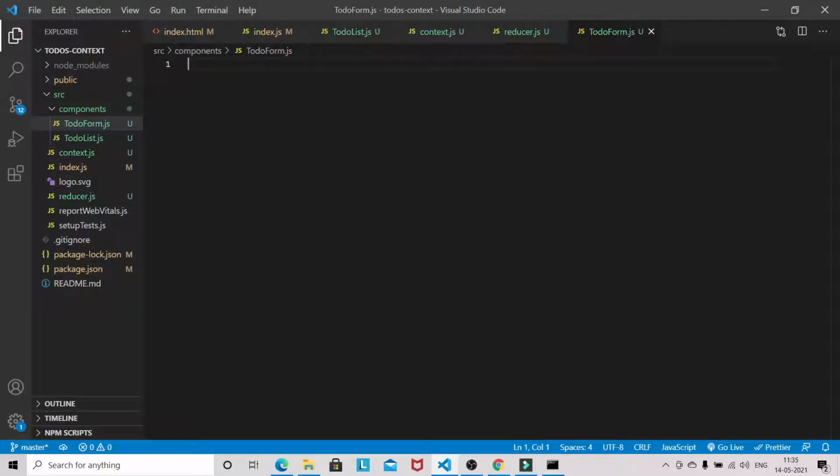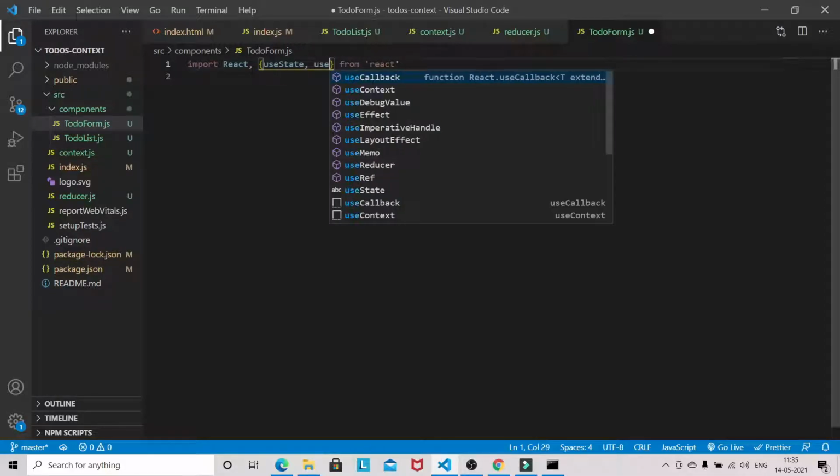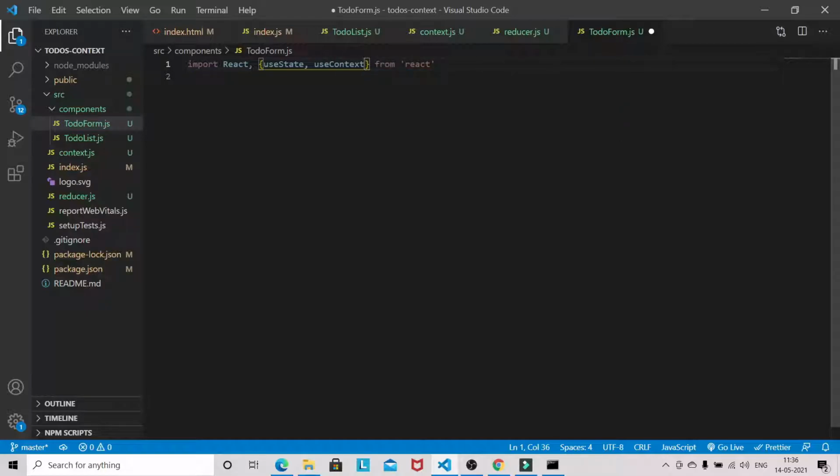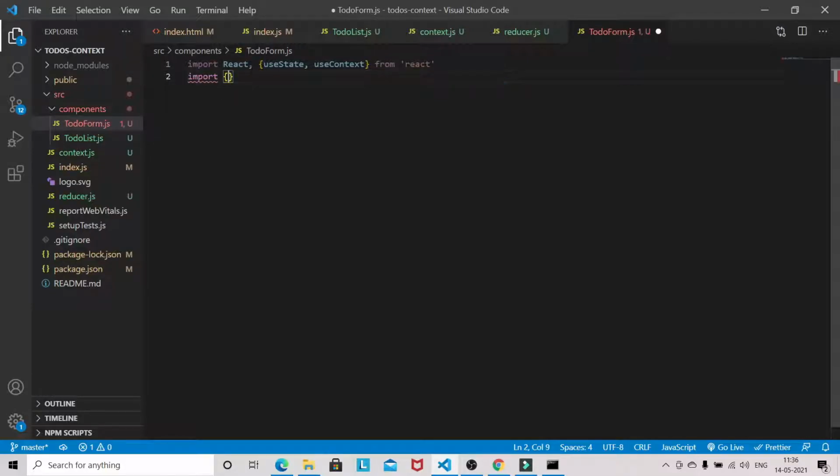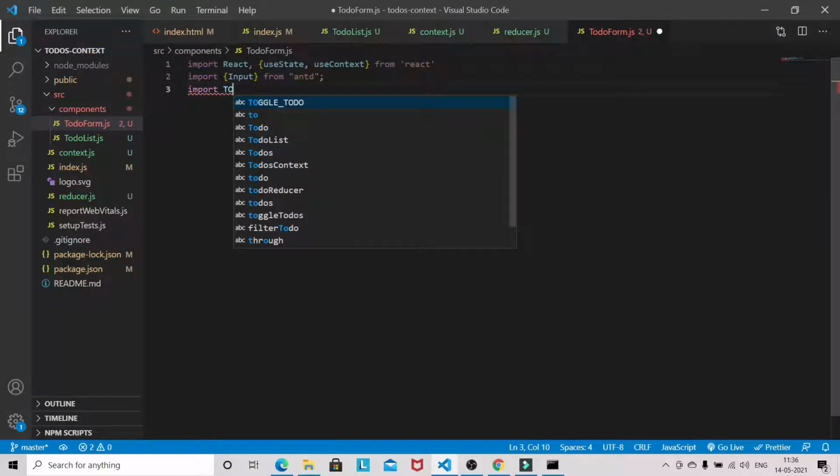So to do form we have created, and we need a couple of hooks, useState and useContext. And from Ant Design, we will be using an input component, and we also need a to do context.